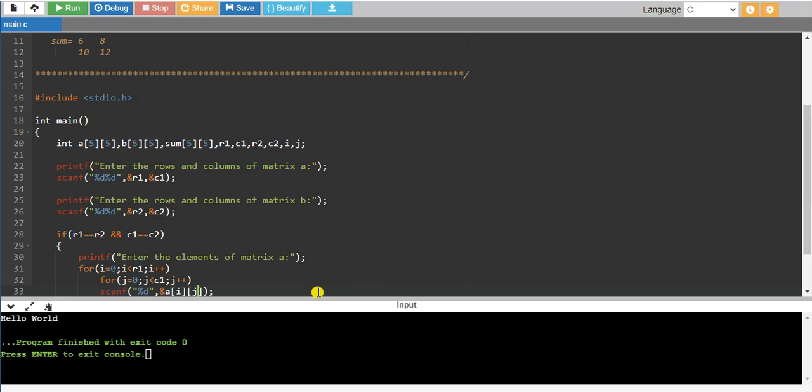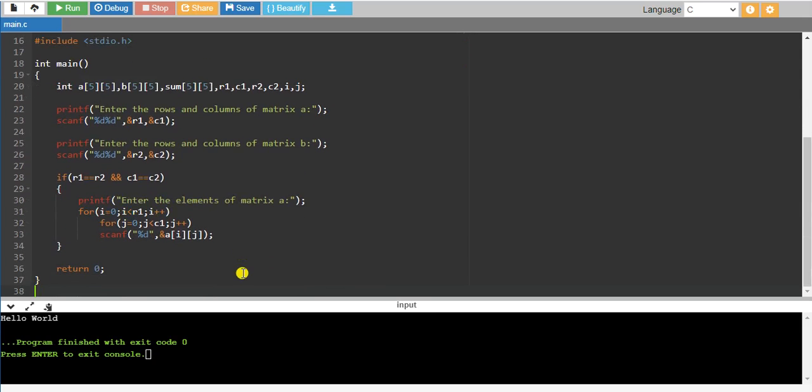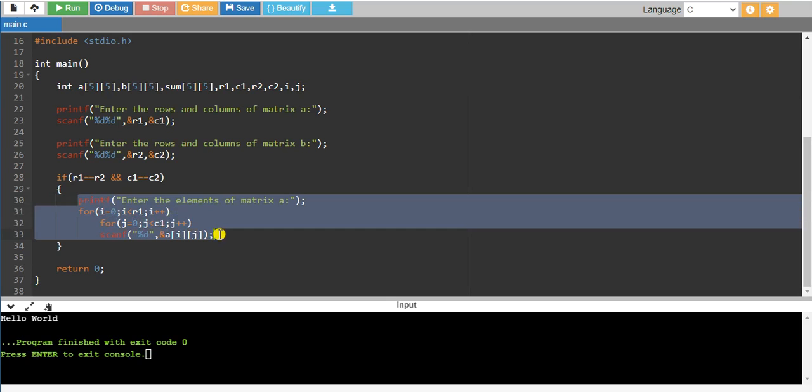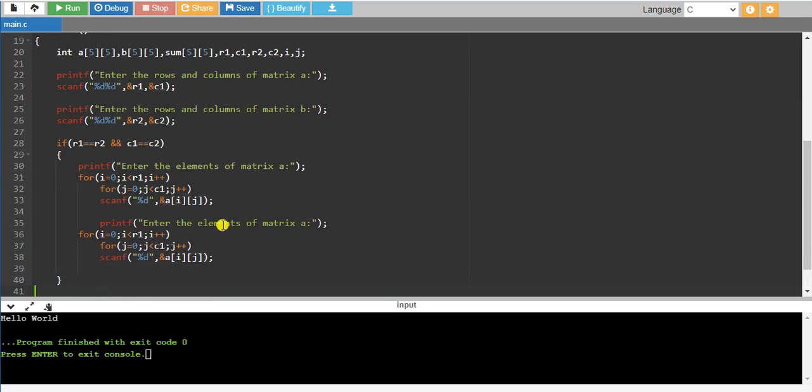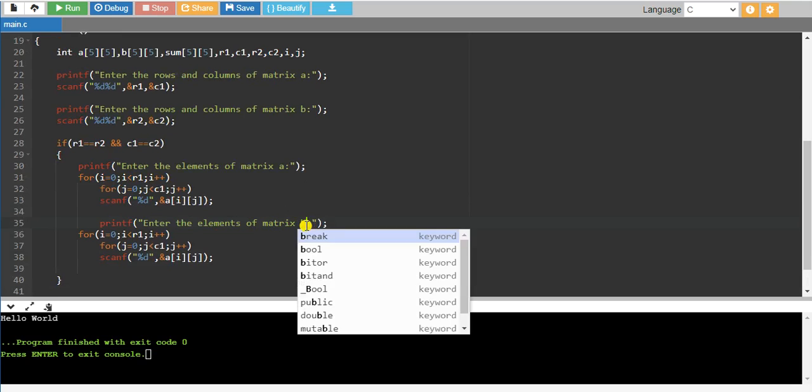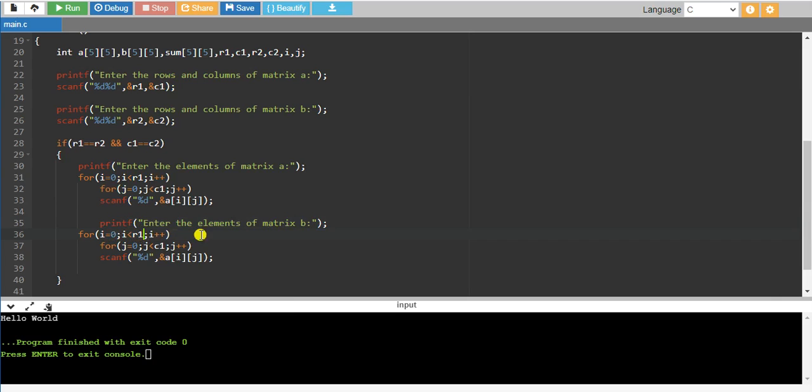For that we write the same statements, so just make changes of variables. Enter the elements of matrix B, then i equal to 0, i less than R2, i plus plus, then j equal to 0, j less than C2, j plus plus.